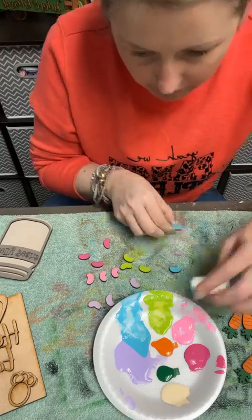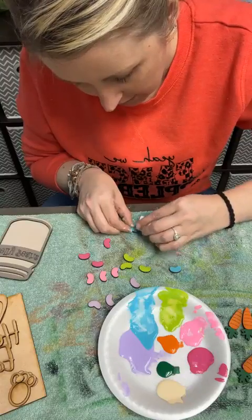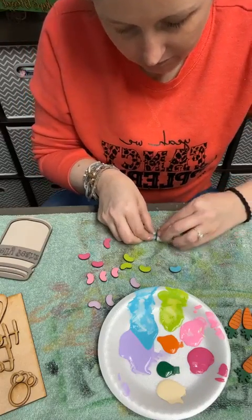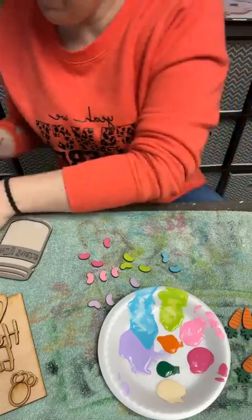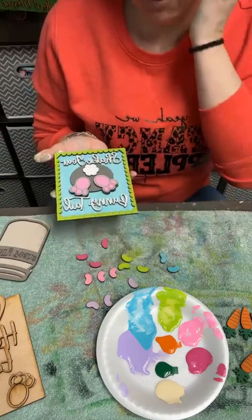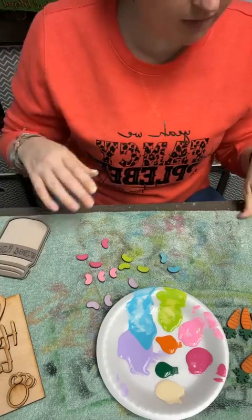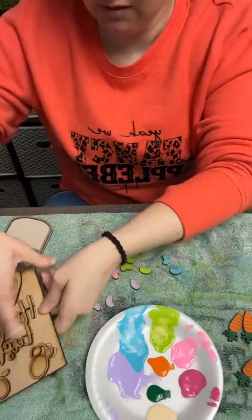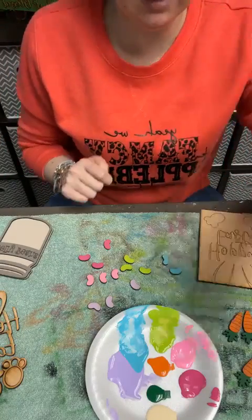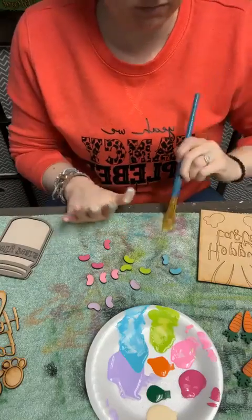Why is this not covering? I wonder if I don't have paint on here. Seems like it's going on here, but maybe not. There we go. Okay, so maybe I should do it in the same color that we ended up doing this background on the other one too, and then it all coordinates better instead of changing it up. So for that, we started with the dark blue, but I don't think that I need to do that again this time. I think I can just go into the lighter blue